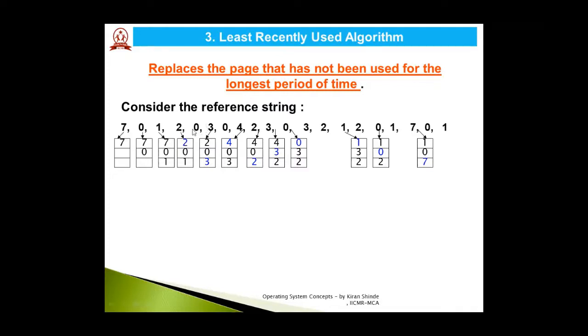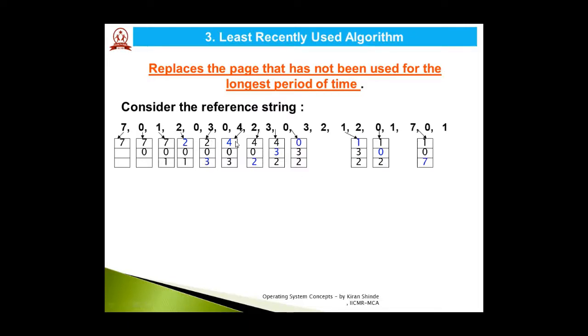Continuing further, there is no need to replace any page for 0 because 0 is already there. For 3, again we will compare 2, 0, 1. Again we will scan the string in the backward direction. Okay, so 3 से लेके हमें ये particular string opposite direction में scan करनी है. क्यों करनी है? क्योंकि हमें ये जानना है 201 में से कौन सा ऐसा पेज है जो बहुत पहले यूज हो चुका है. तो अगर आप देखो 3 के पहले 0 यूज हो चुका था, राइट? उसके पहले 2 यूज हो चुका था, लेकिन 1 उसके पहले है. It means 1 can be made as a victim page as per the algorithm. So 1 is replaced by 3.